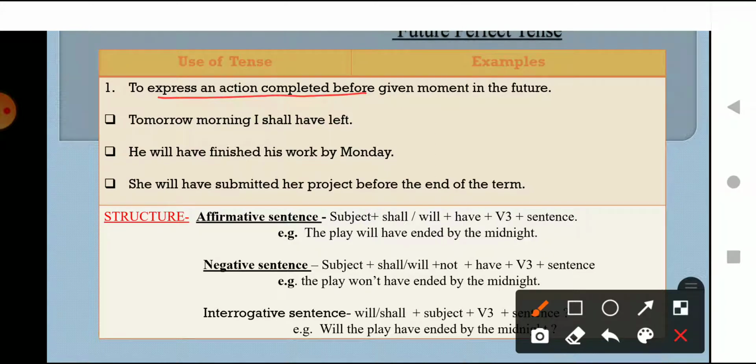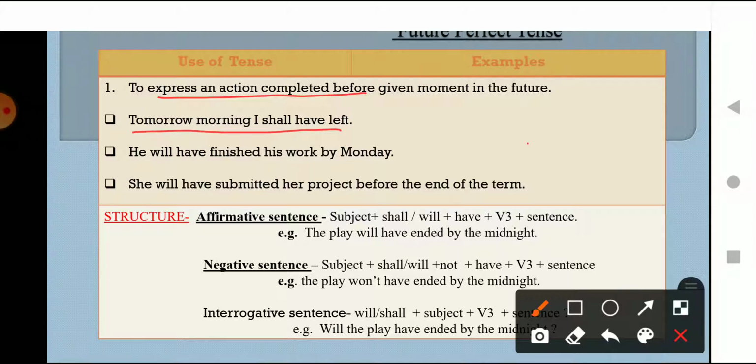Suppose I say that something is going to reach at 4 p.m., but it actually came at 3 p.m. So the action here is being completed before the given time. Let's see examples, then it will be more clear to you how to use the future perfect tense. So the first example is